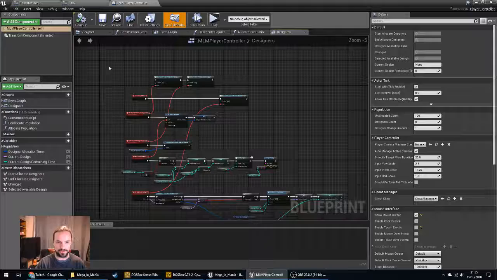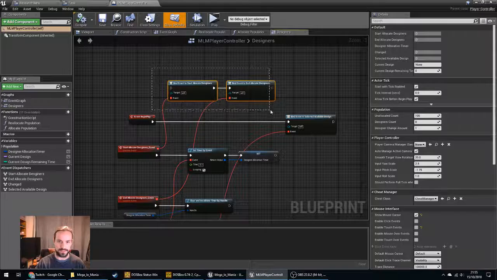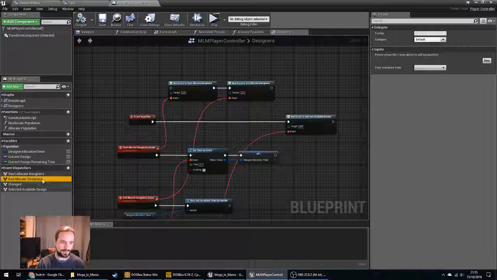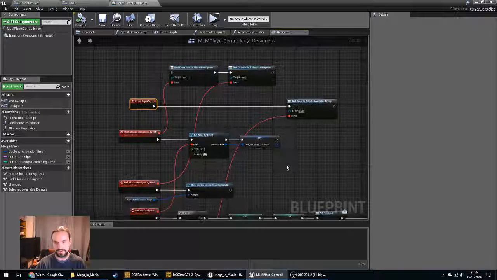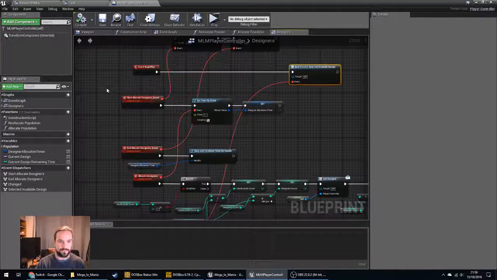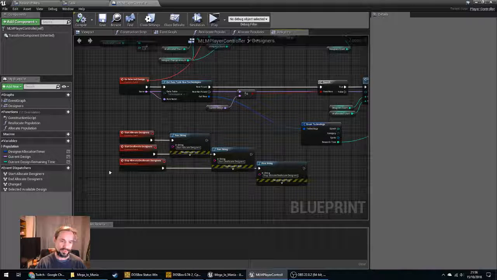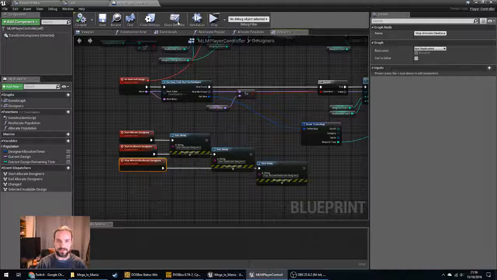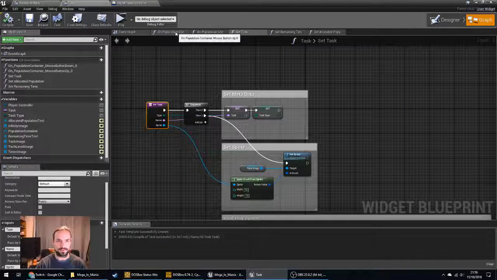So this is the original player controller code. We can see we've got the original event bindings that we created, our start allocate and end allocate designers. They are now no longer bound to the event begin play at the time. We have the original events, but what I found was that a slightly cleaner way is, because these are kind of entry points, perhaps even functions I suppose, within the player controller, we can create a custom event that can, as we saw, be called by something, in this case our click events on the task,